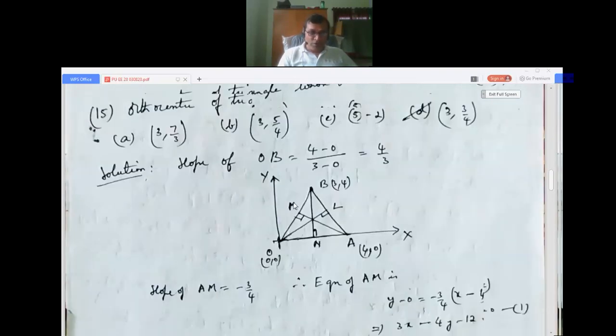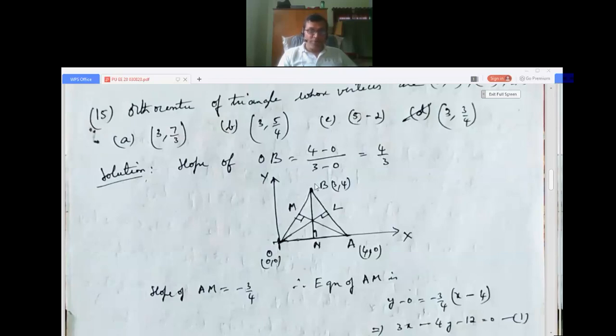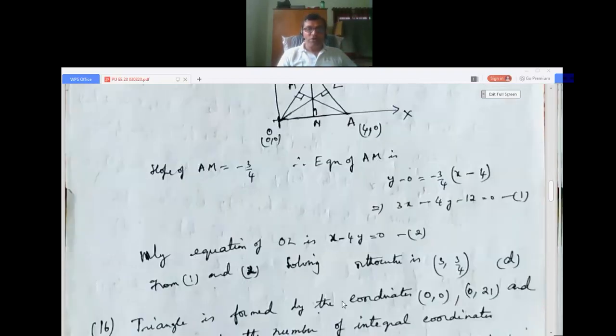Sorry, this is not BA, it is the triangle OB. The slope is the difference in y by the difference in x. So here I have taken 4 minus 0 by 3 minus 0, that is 4 by 3. AM is perpendicular to OB. So if the slope of OB is 4 by 3, the slope of AM will be minus 3 by 4 because they are perpendicular, and you know the relation between slopes. If two lines are perpendicular having slopes m1 and m2, then m1 into m2 is minus 1. Okay, so now the equation of AM is